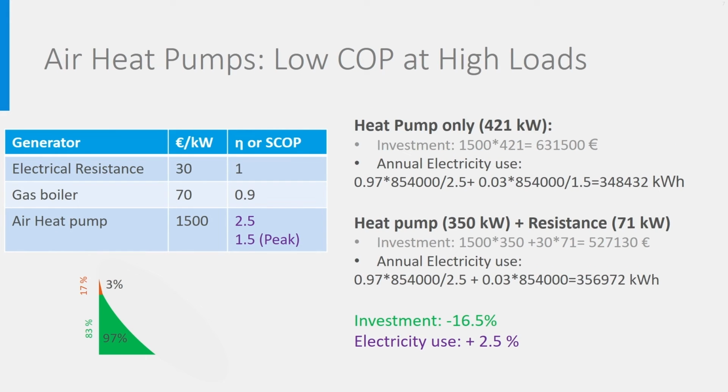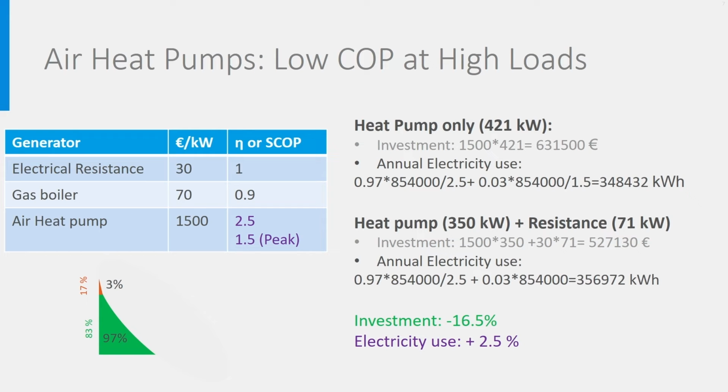However, in this exercise, we did not account for the fact that the COP of many heat pumps and chillers decreases at high heating and cooling loads. The COP of a ground source heat pump may stay quite constant also at partial load because the temperature of the ground is quite constant, so the heat pump has to bridge all the time the same temperature difference between the ground and the supply temperature of the floor heating, for instance.